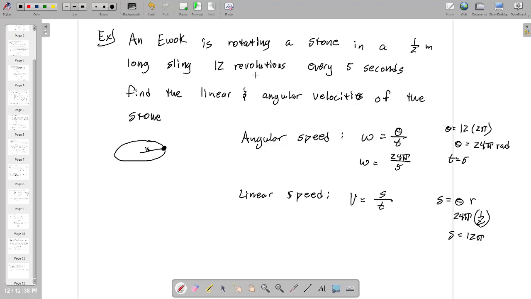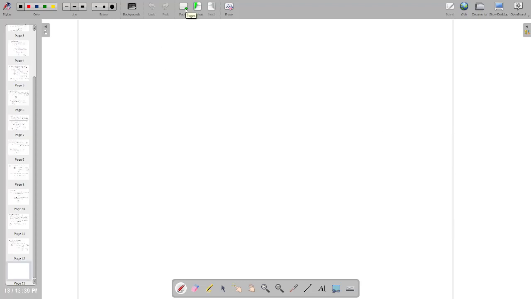And then t, of course, is still 5 seconds. The stone moves 12 revolutions in 5 seconds. So v will equal 12 pi divided by 5. That's how fast the stone is traveling. So now I want to talk about the relationship between the linear and angular speed. In that last example, we should have seen at least a part of it. You might not have noticed it, but